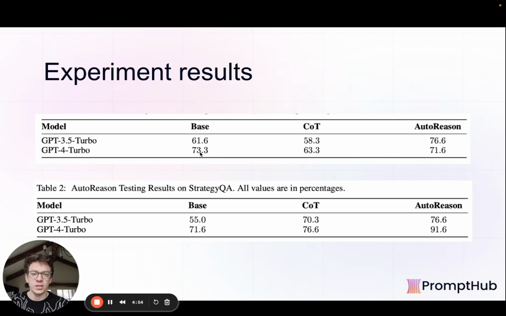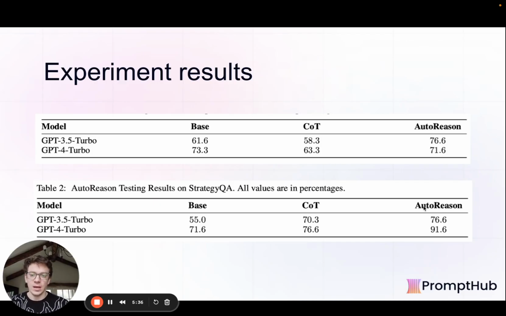And then for GPT-4 Turbo, we see actually chain of thought and AutoReason decreased performance compared to the base. And this is really important to note because as models continue to get better, the prompt engineering that we do with them changes based on how smart the model is. Sometimes clean, crisp instructions are really all that you need, and you can overdo it by trying to auto-fit these reasoning things that you may be seeing online. It's very specific to what your task is. Because this is a simple task, making GPT-4 do all this crazy reasoning to figure out if two historical figures knew each other